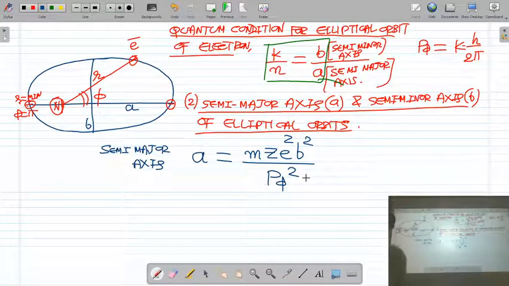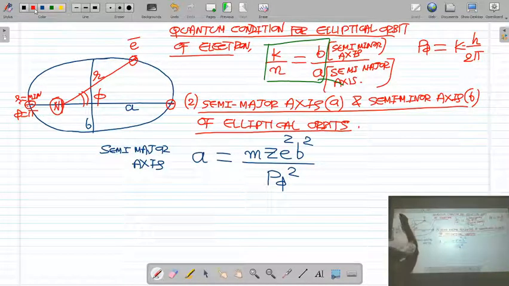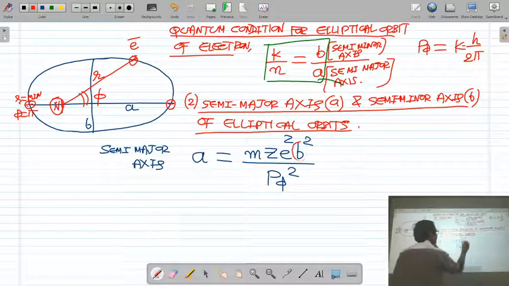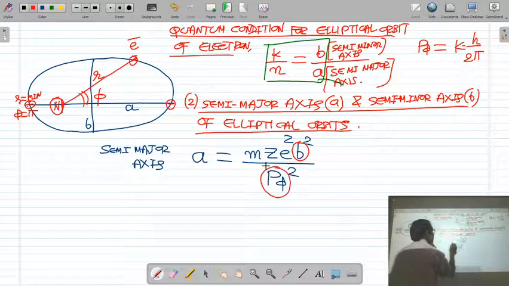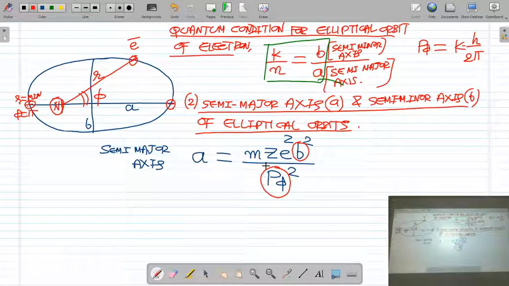Semi-major axis A is m z square b square upon p phi square. In this equation, we will put the value of b, and we will put the value of angular momentum p phi of that. Right? So let us now determine, because we want to draw the elliptical orbit of the electron